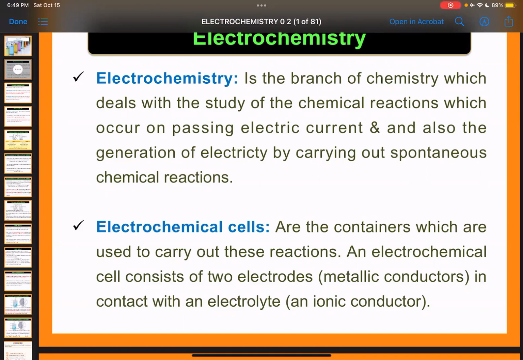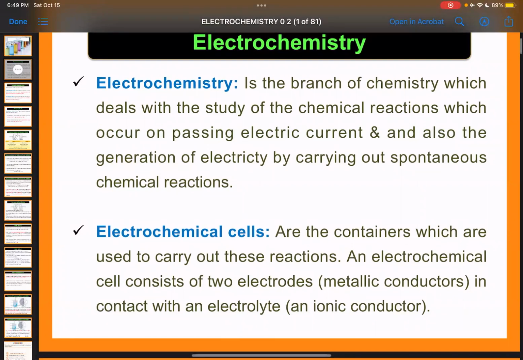Electrolytic cell and electrochemical cell. So in an electrolytic cell, the reaction doesn't happen on its own. So for them the delta G is positive, right? In an electrochemical reaction, the reaction can happen on its own. So delta G